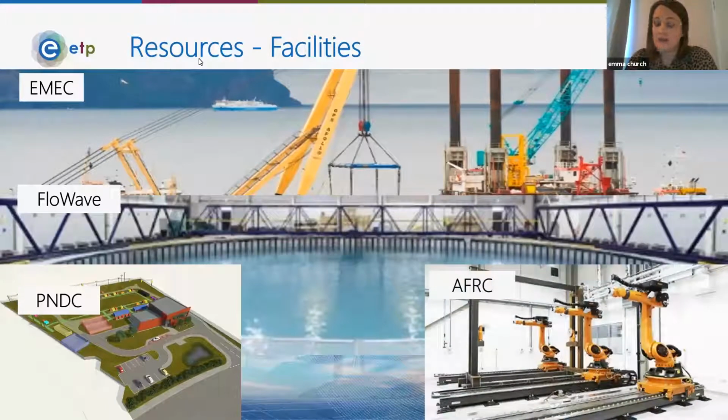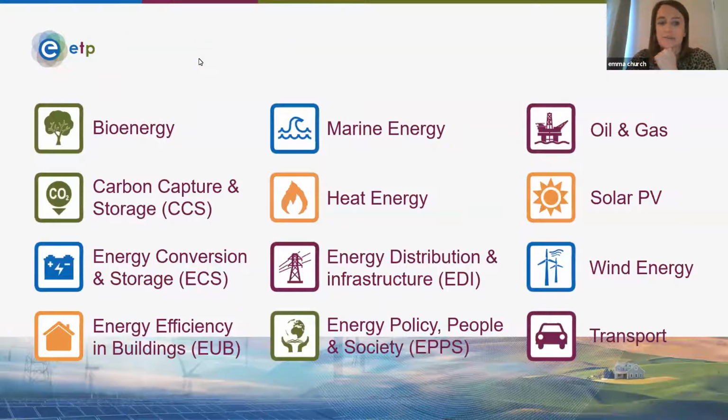And we have the Advanced Forming Research Centre. Again, that's more around the manufacturing side of things. So if we're talking about widgets and bits, we can look at accessing facilities like that. So within ETP, there are